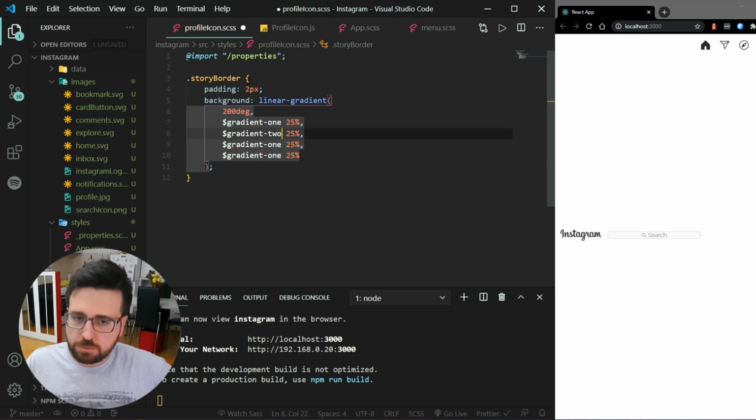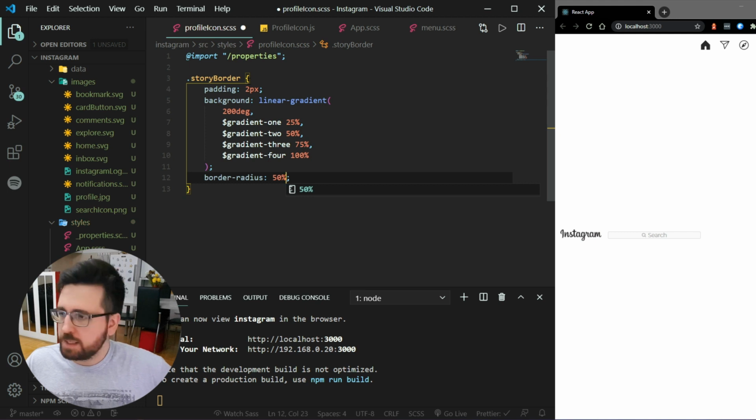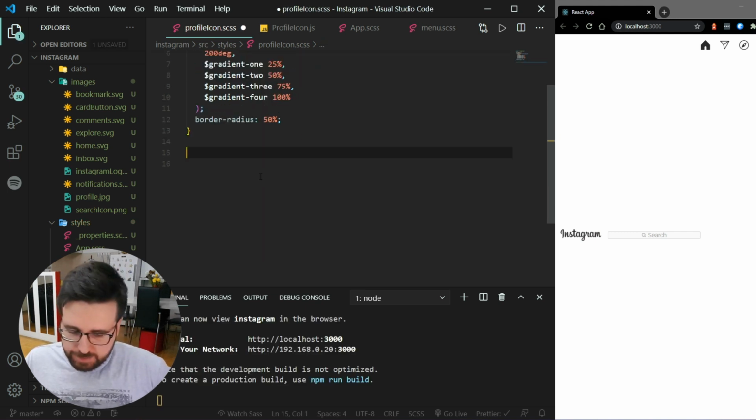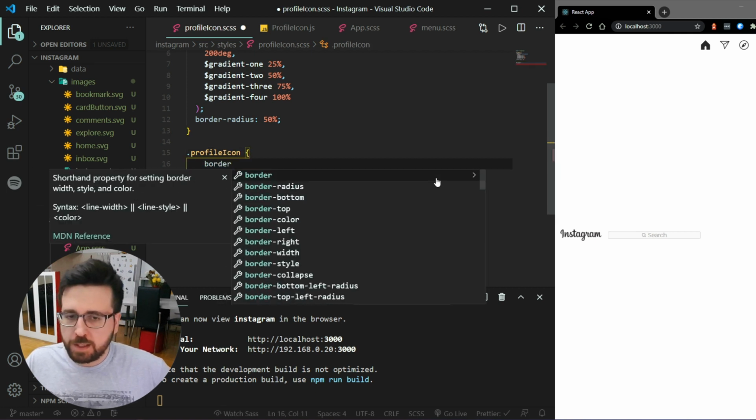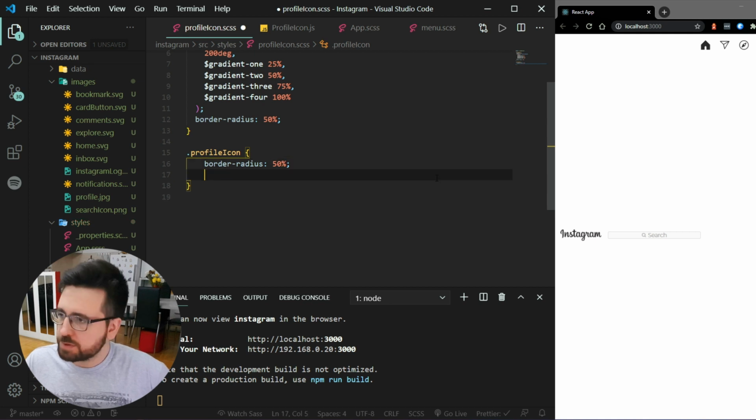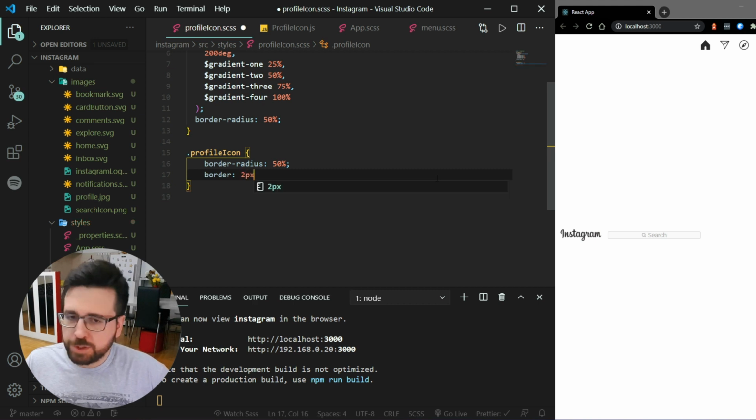And this is going to be 2 and 3 and 4, and the percents are 50, 75 and 100%. And we are gonna give it a border radius of 50% because it is a circle. So next we're gonna set the profile icon, and it's also going to have a border radius of 50%, and it's going to have a border which is going to be 2 pixel solid